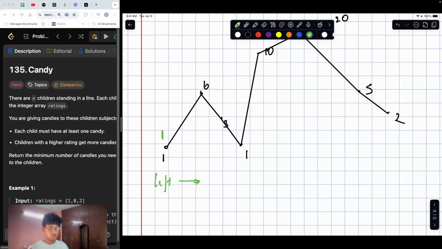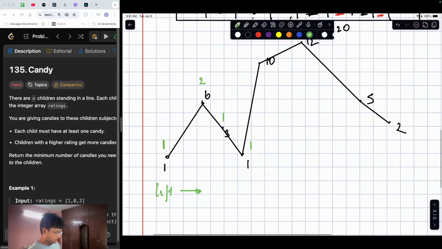Six is greater than one, so we'll have one more extra candy than one. It'll be two. Now three. Three is lesser than six, so we would give it one candy. Then 1 is lesser than 3, so this will also have one candy. Now if you look at 10,